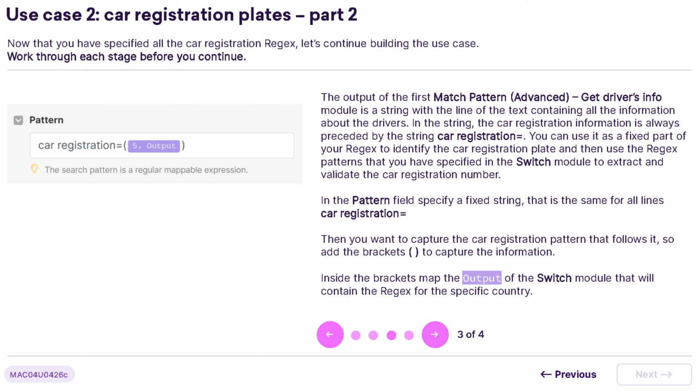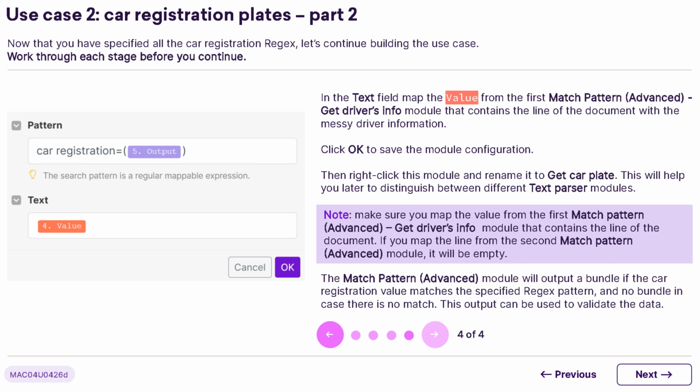This method not only facilitates accurate data capture, but also enhances the robustness of the data validation process, catering to different regional inputs seamlessly. To continue developing our use case for car registration plates, we'll focus on effectively mapping and